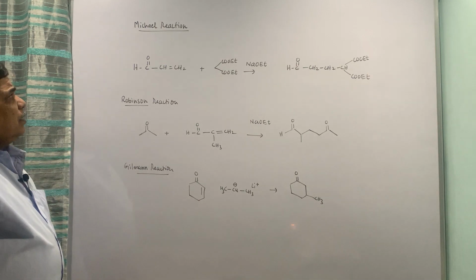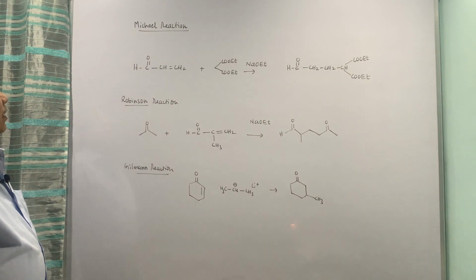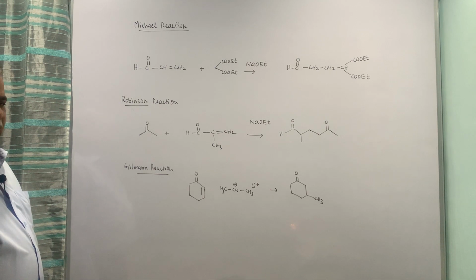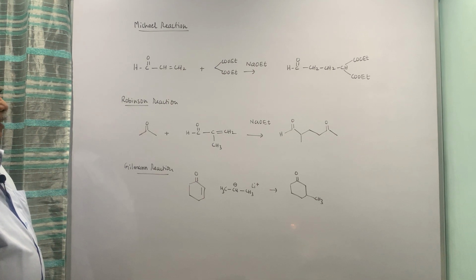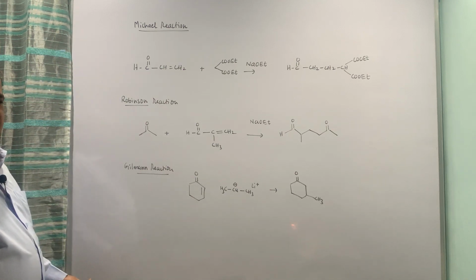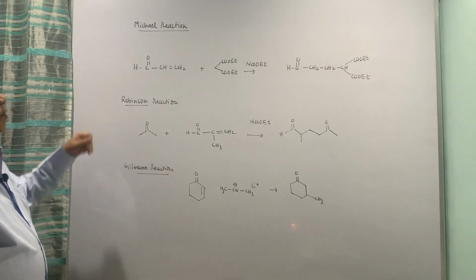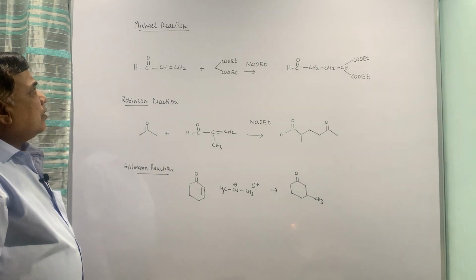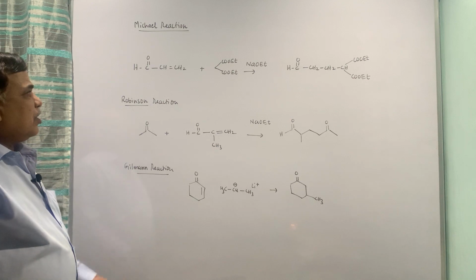Today we are going to look at the nucleophilic addition across the olefinic double bond. Last time we have seen the electrophilic addition. Now these are some of the name reactions which are listed under that. First one is Michael reaction, the conjugate addition, the other term, or it is also termed as 1,4 addition.